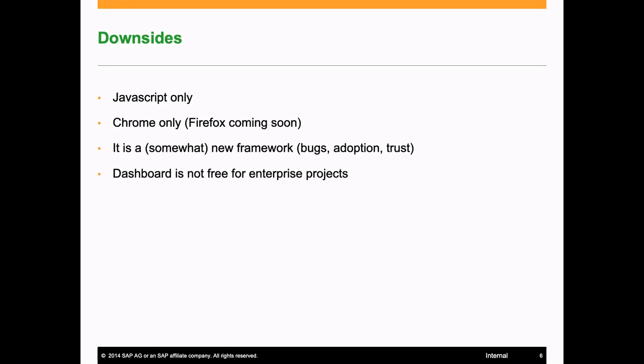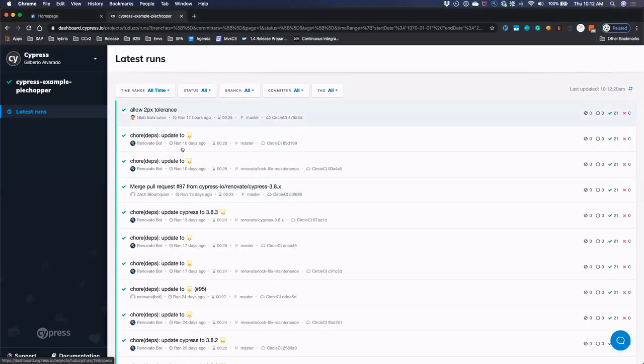The dashboard is a thing where you can consolidate your tests. For example, you can do a run of your test, and then Cypress collects the results and sends it to the dashboard, which is public or can be private, depends. It's not free for enterprise projects. We are an open source project, and for us it is, but there's a limit on the runs you can do, and we do many. So for now, we're not using it. We're planning to use it in the near future.